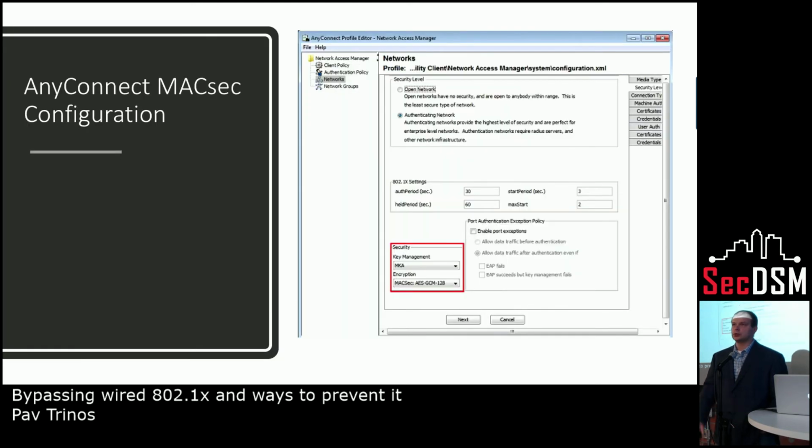So if we look at the AnyConnect, here I'm showing the configuration portion of the profile for AnyConnect. So one profile, you configure it, you can configure for 802.1X, you can add the MACsec, you can put wireless security, everything in here on top of VPN.